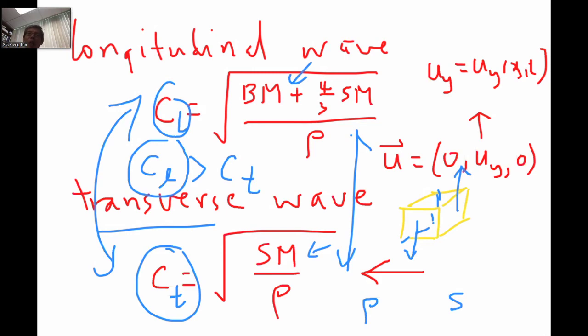And another thing is, for a liquid that has very, very low viscosity, or at least if your shear modulus is much smaller than your bulk modulus, then you can basically treat this to be zero. Then you will have no transverse wave. So what you find is that,